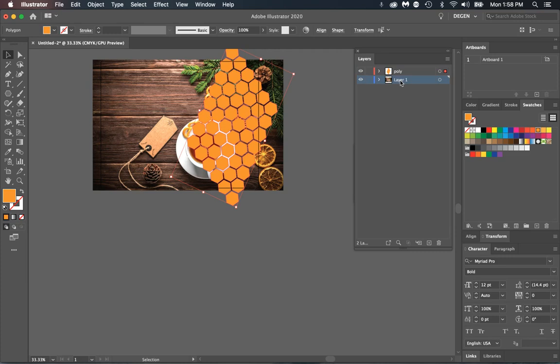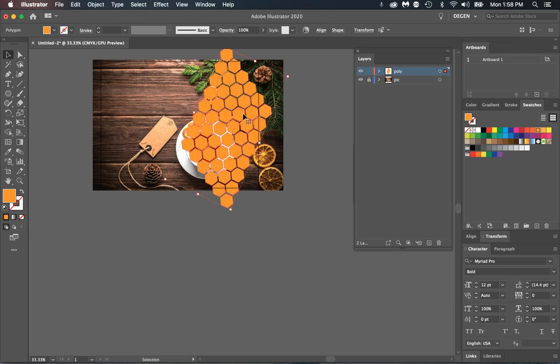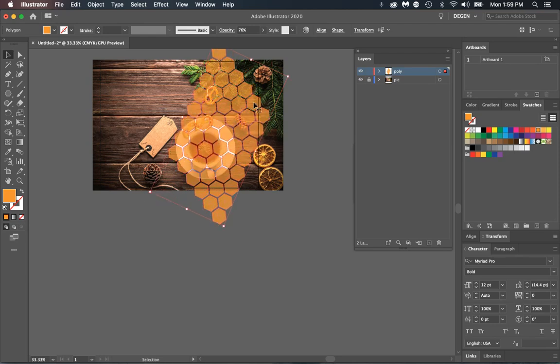And I'm going to take this background layer, or pick layer, and lock it down because I don't want to move it around. So now I'm just working on my polygons here. Let's say if I want to see how the polygons are overlapping, I want to just change the opacity, and maybe I'll just enlarge my polygons here a little bit more because I want more of that teacup showing, and